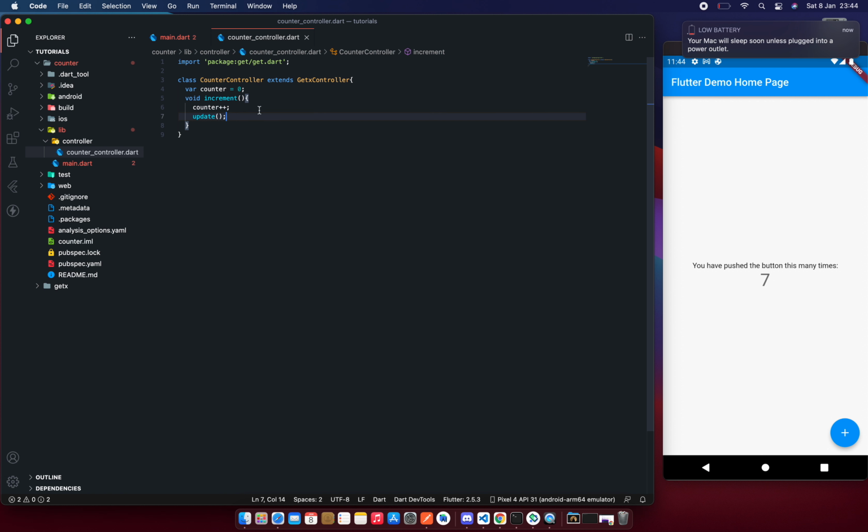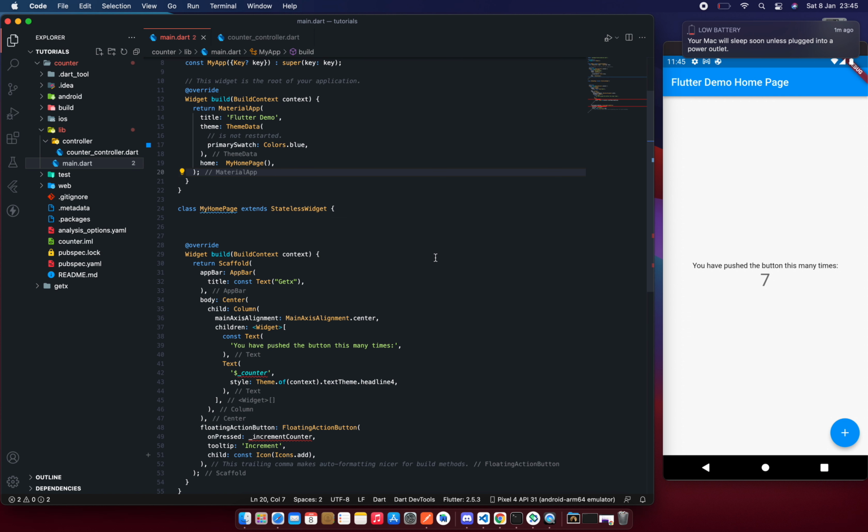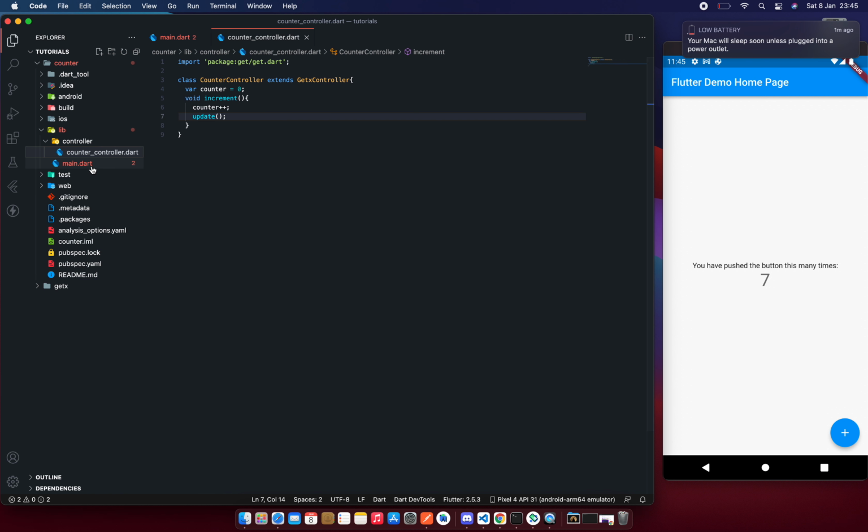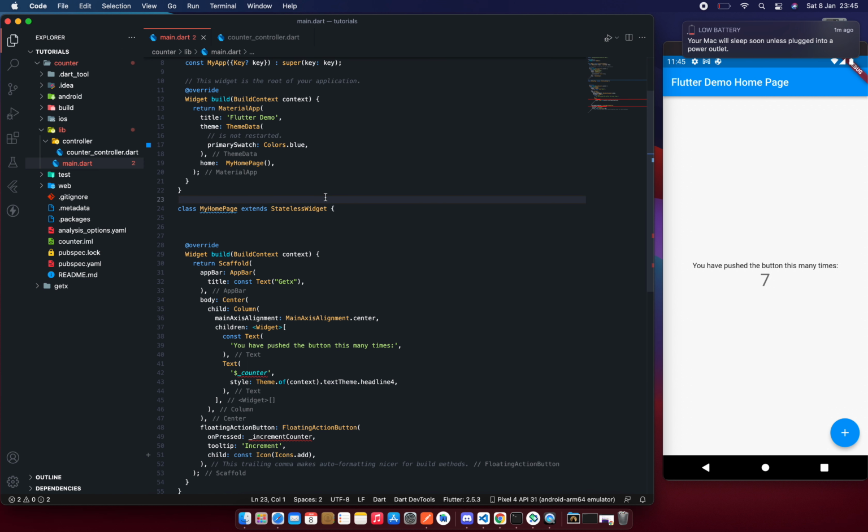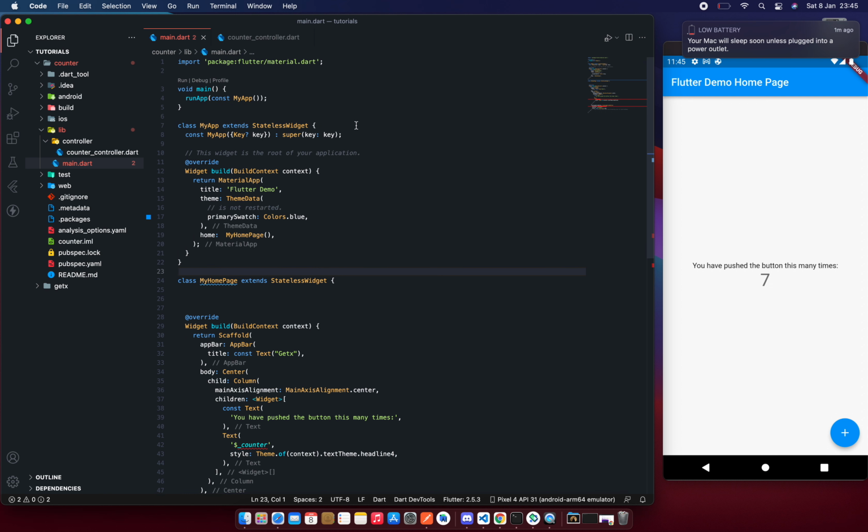So basically what it does is that it tells the widgets that are utilizing this method that, hey, this value has changed, and here is a new value, an update, and the UI responds by updating that specific value. So we are done with the counter controller, and coming back to the UI, we need to do something here